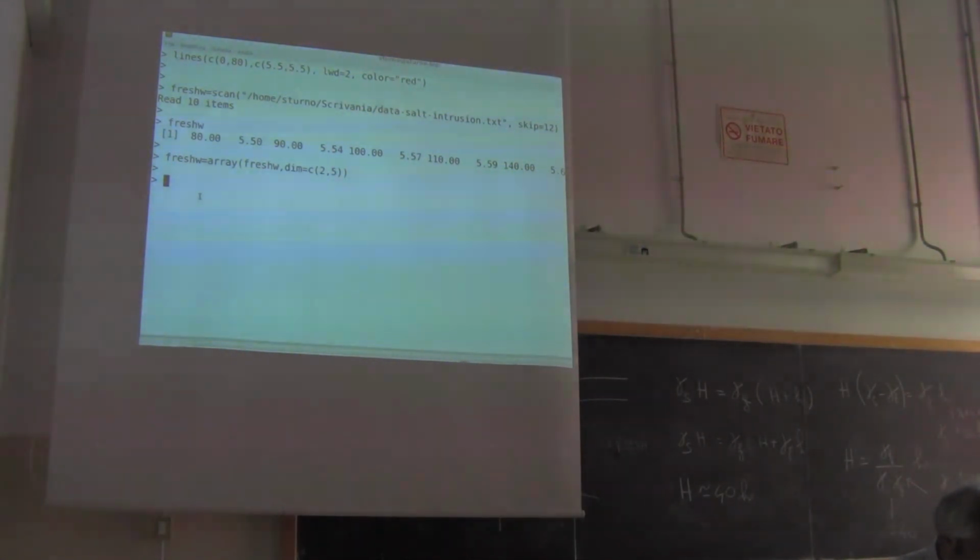And now Xfresh is equal to freshW[1,], and again Yfresh equal to freshW[2,]. Let's make a check. Let's have a look at X, which is okay, and now Y, which is okay. Good. Now I am ready to make the